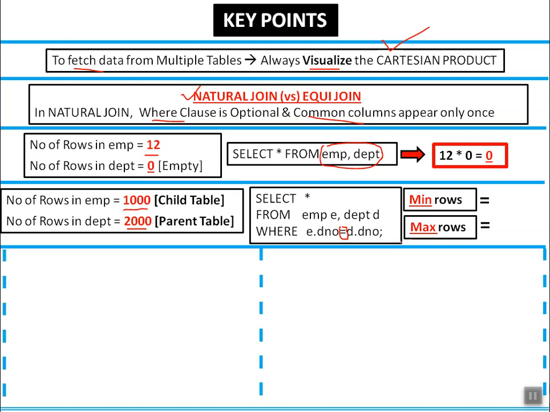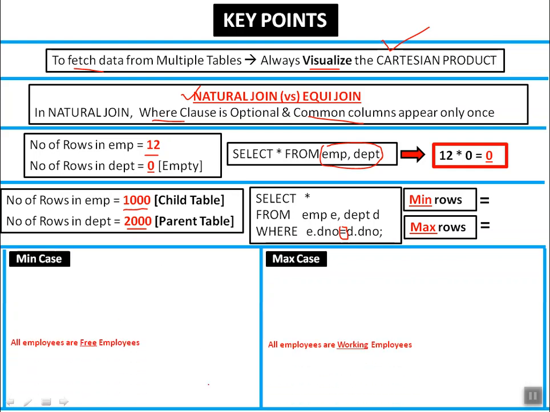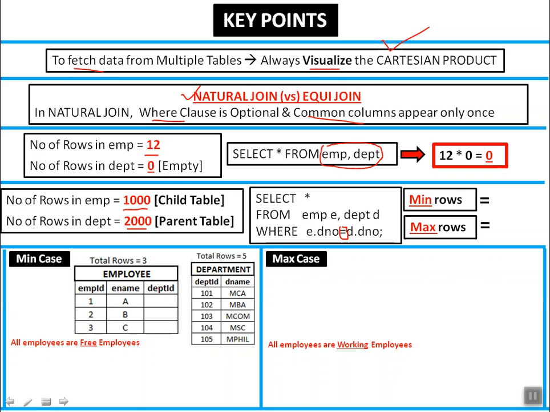Now, minimum and maximum. Please see the case, observe carefully. What is the minimum? The entire logic depends on the foreign key, yes or no? Here is the foreign key column referring to this table. In this example, as 1000, 2000 is impossible, I have taken 3 rows in the child table and 5 rows in the parent table. If you observe, this row will join with